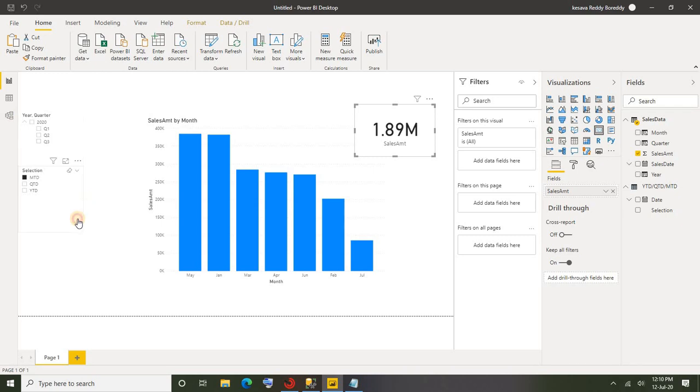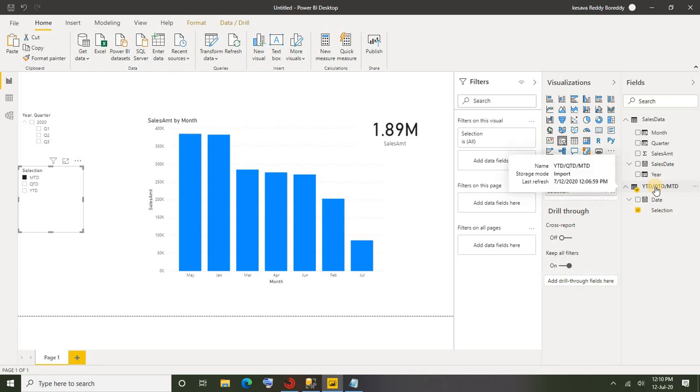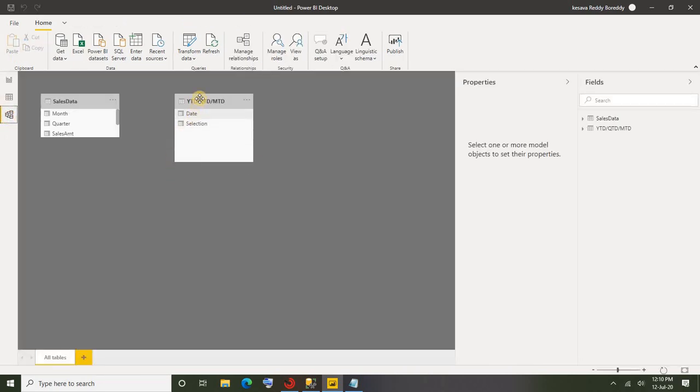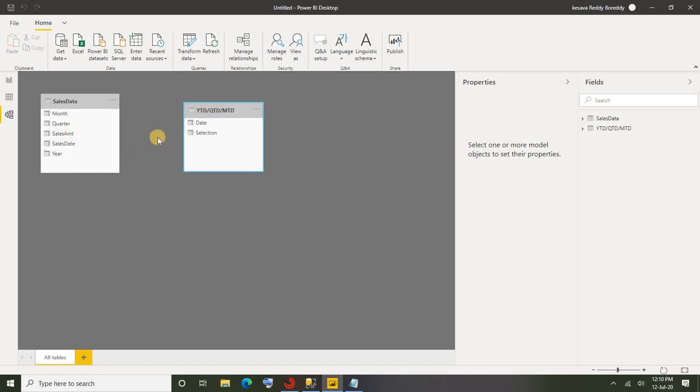One thing I forgot to tell you, you need to make the relationship between these two tables, right? The table that we just created through DAX and the table which we loaded from the SQL, right? So let's go to the data model here. Of course, if you go here, there is no relationship between these two tables, right? That's the reason why you don't see that behavior. Slicing is not working, right? So now let me make the connection.